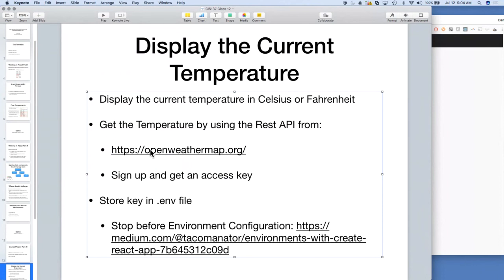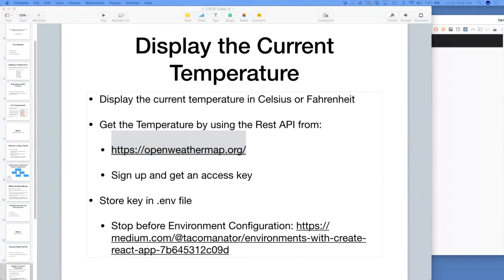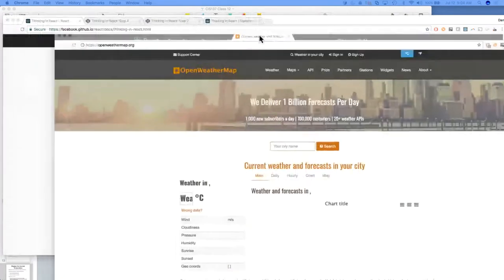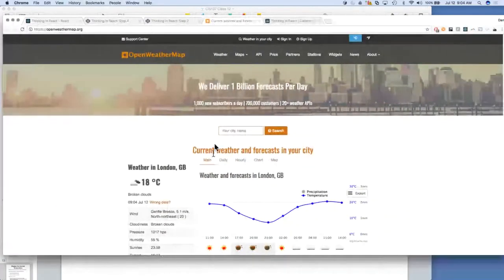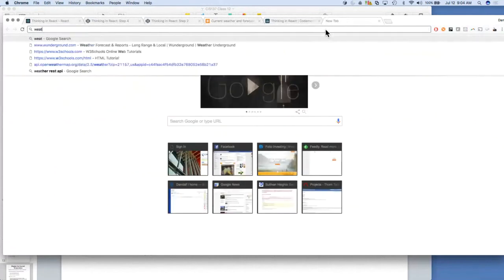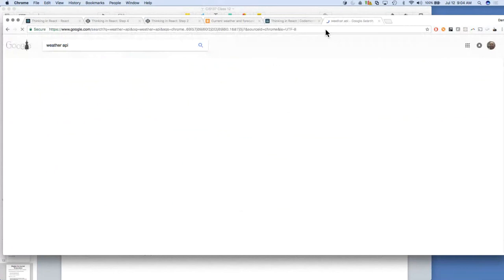So you can go back to that video and learn about it again and try to follow along with this. We're going to use openweathermap.org to get the current temperature, which I picked because it is free and easy to sign up. There's a bunch of weather APIs. If you just look up a weather API,